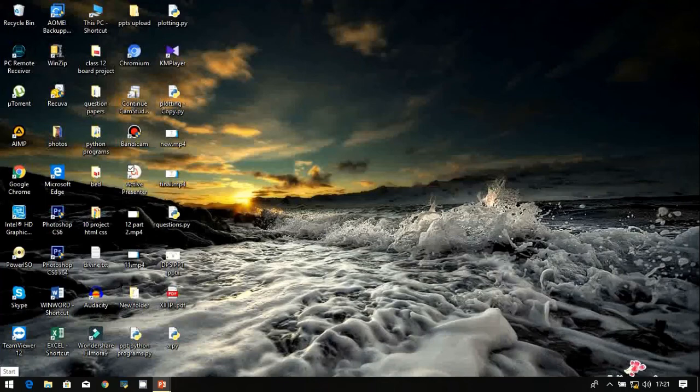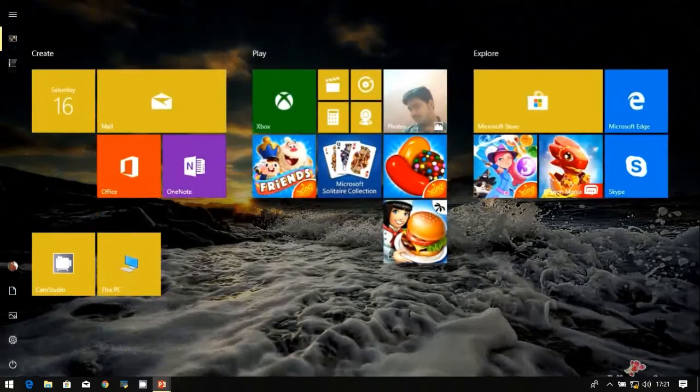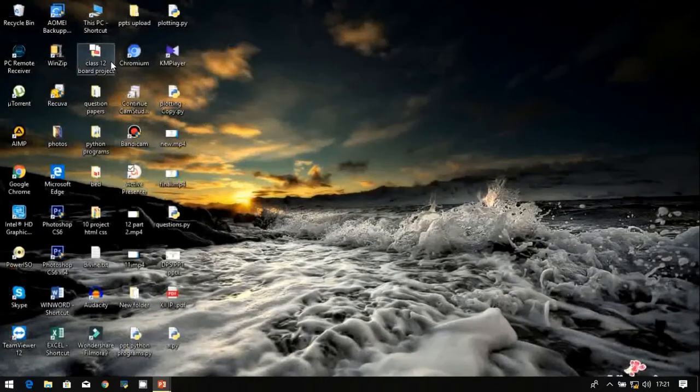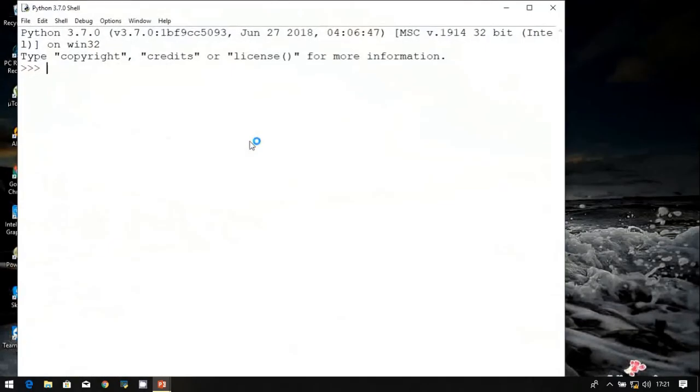Now suppose first we go to IDLE. Here we are typing IDLE. You will see this application, and in it, this is the interactive mode, because you can see the prompt there, three arrows. Here we are writing A equals interactive mode. Since it is the interactive mode, we have passed this string. Don't worry about the code, it will be explained later. And when you write A, you get the output there only.